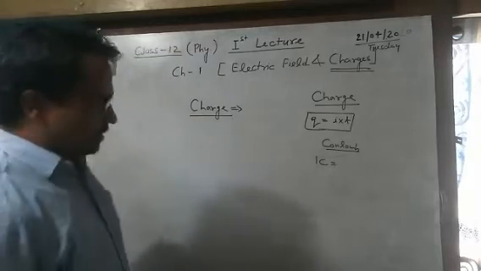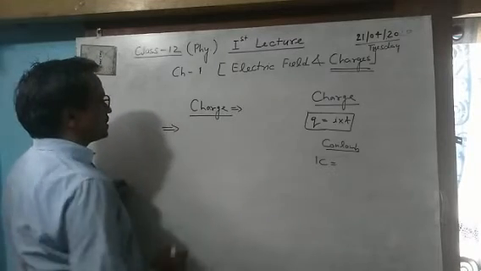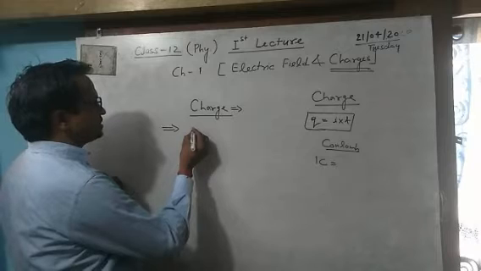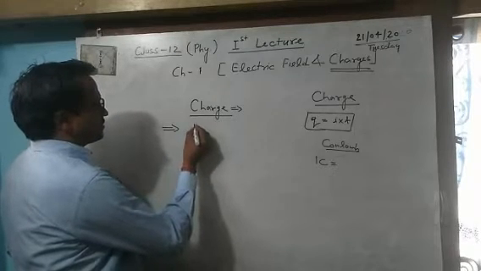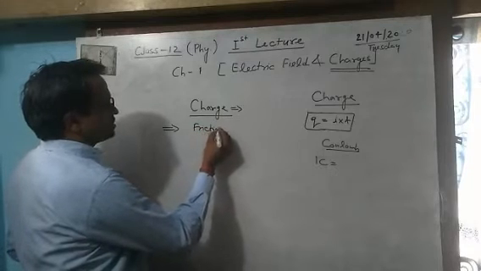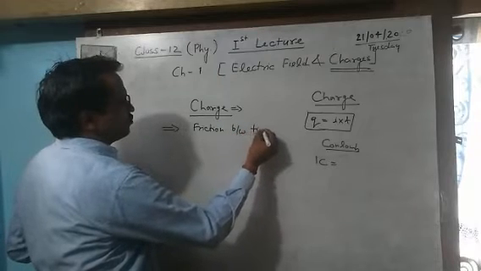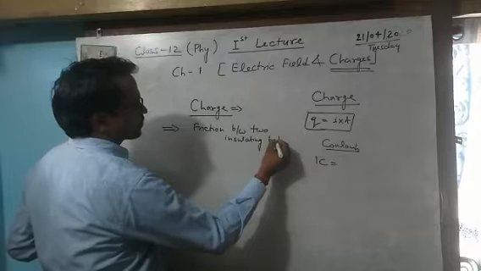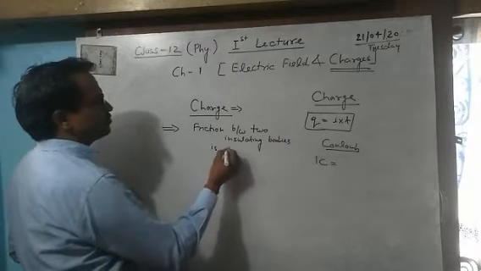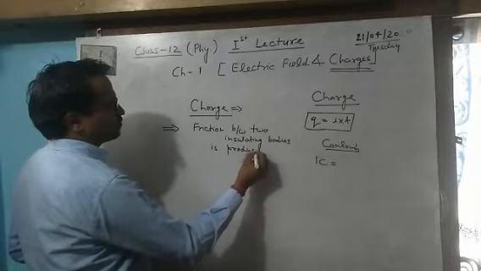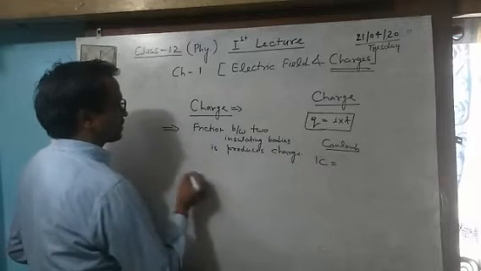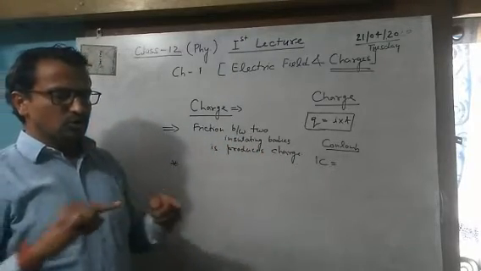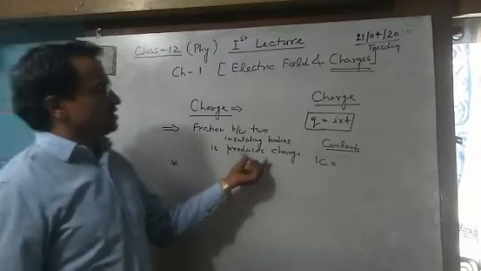So we can say that charge is the basic property by which friction between two insulating bodies produces charge. फ्रिक्शन बिटवीन टू इंसुलेटिंग बॉडीज, अगर दो इंसुलेटिंग बॉडीज के बीच में फ्रिक्शन रखते हैं तो उनके बीच चार्ज डेवलप हो जाएगा।